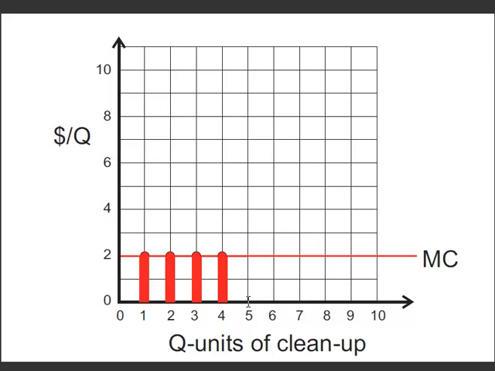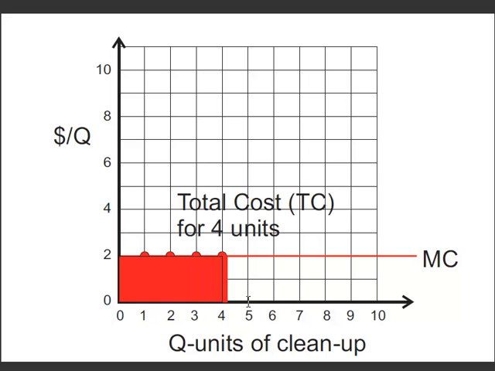Now, again, in this example, I'm assuming that every unit of pollution reduction costs exactly the same. That's why we have a horizontal marginal cost curve. That does not always happen. Okay. So the marginal cost is $2, and the total cost, just like in the case of the total benefit,